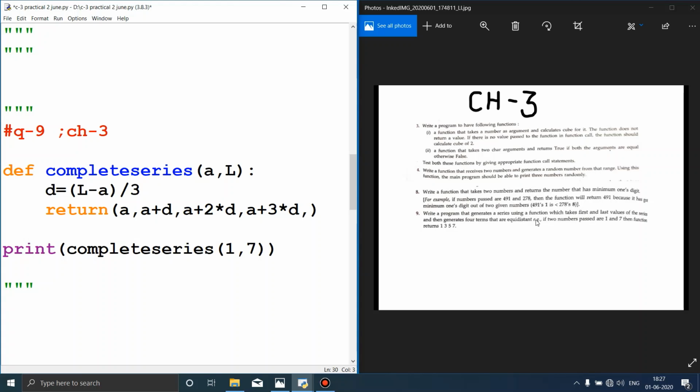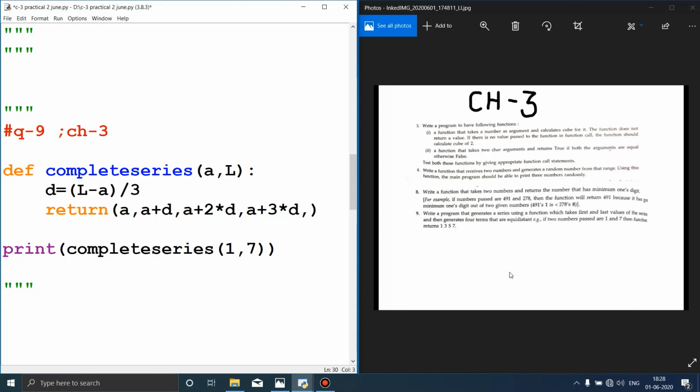You know AP-GP. So this is your AP series. The formula is last minus first divided by 3. Once you get D, that equidistance factor, you can use this D to generate the series. For that we are creating a new function, complete series.